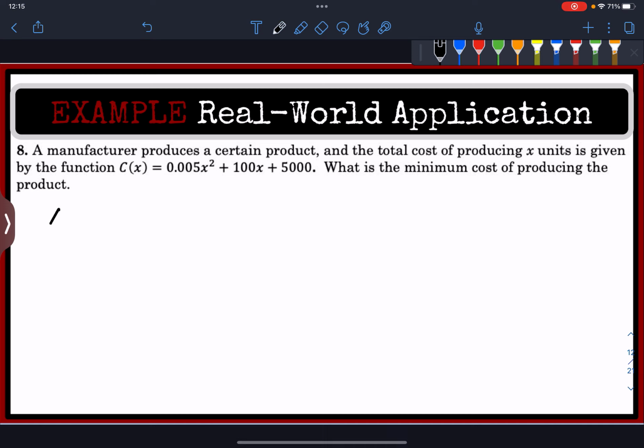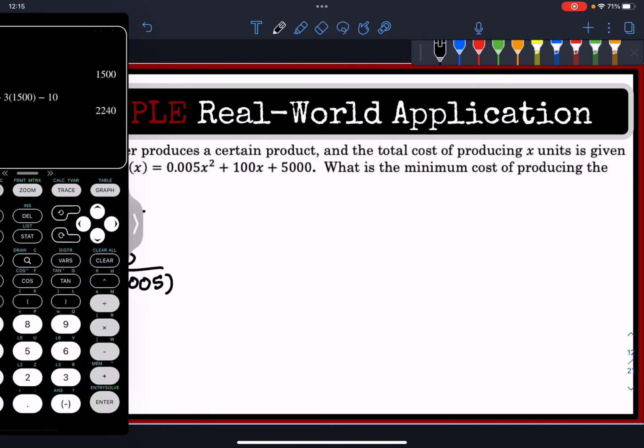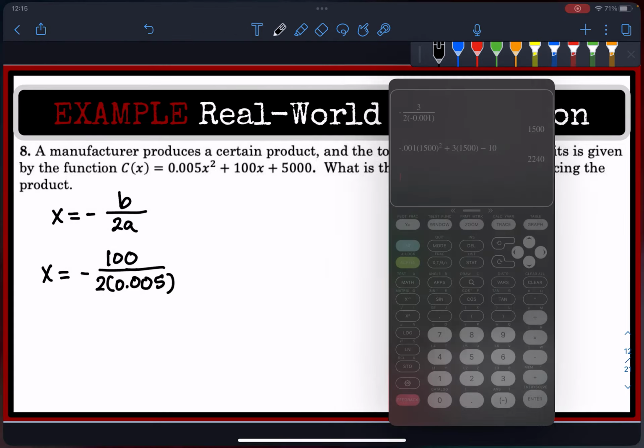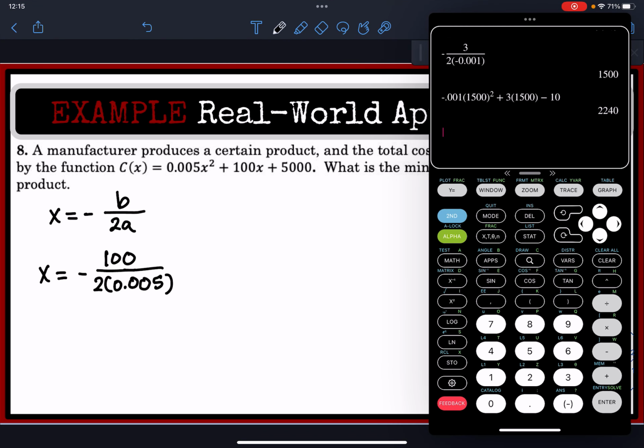So using the technique that we use to find the vertex is going to help me determine the minimum for this quadratic. So the value of B is 100 and the value of C is 0.005. So let's see what we end up with. So negative sign,